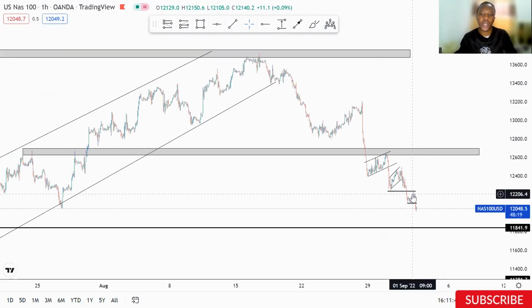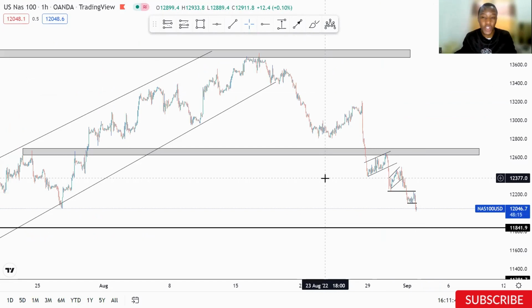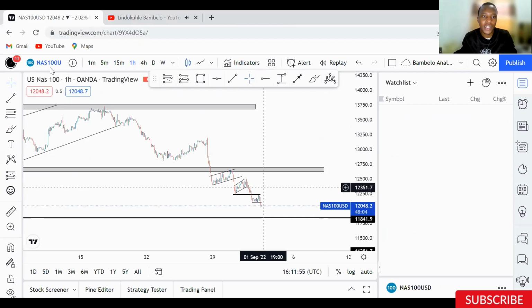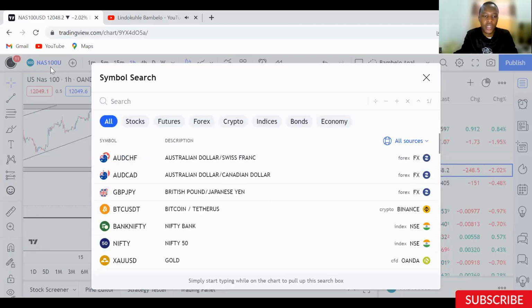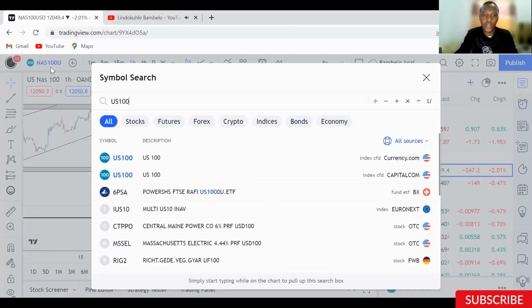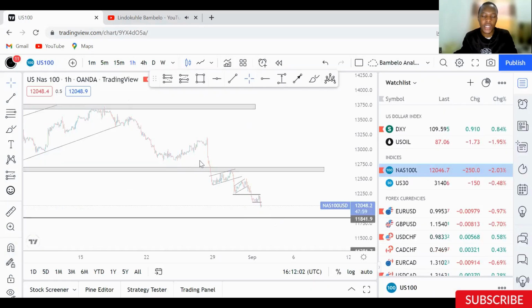Okay, sharp. This is the analysis that I made from the market breakdown video, so do check it out because it played out as I had anticipated. But I'm not going to focus on this. I'm going to try and find another NAS 100 chart that is clean, so that we can have something clean and clear,